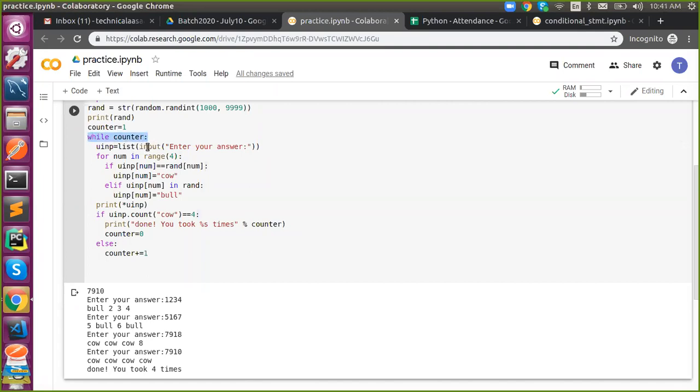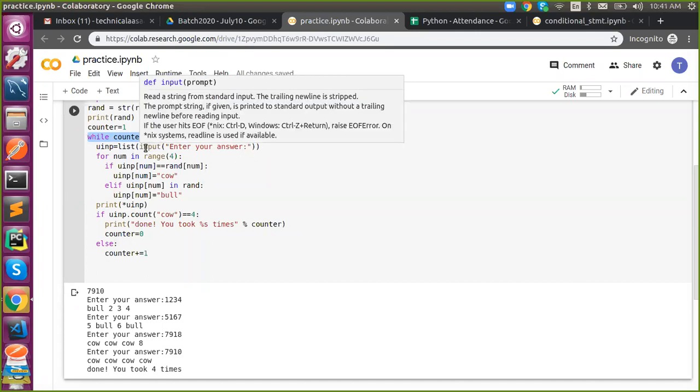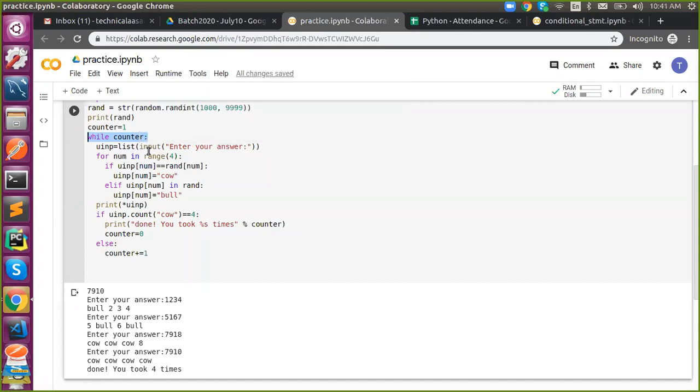Inside, I'm getting user input using input. We all know input will return a string, right? But if it is a string, we won't be able to replace a number with cow or bull. That's why I'm converting it into a list. So when users say 1, 2, 3, 4, it will be replaced with a list of 1, 2, 3, 4.